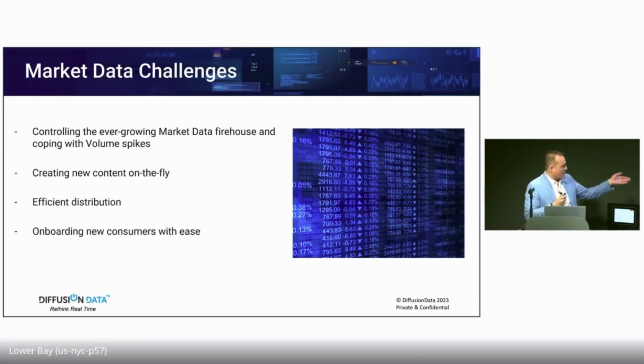Diffusion allows us to create new content on the fly. By that, what it means, we can aggregate data together. We can disaggregate data, so we can look at the content of a JSON structure, an array, and we can take it apart and make up new topics on demand. All of this is done in flight. It can be done in the middle of the day. We don't have to restart a server to do this. We don't even need to restart the client consumers. We can literally create new content from the data flowing through the platform.